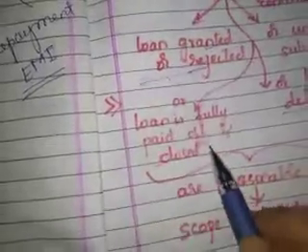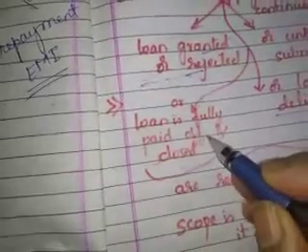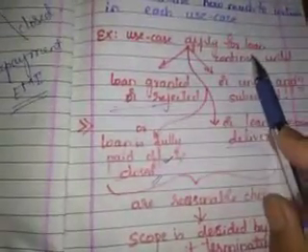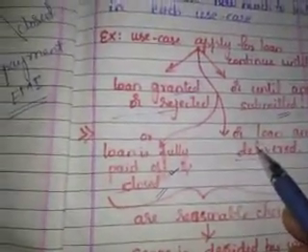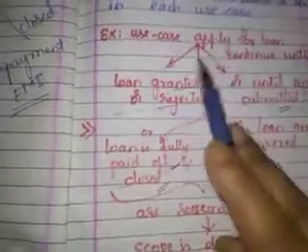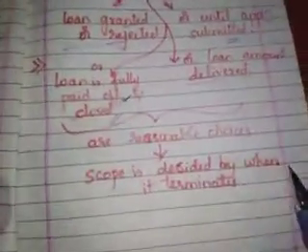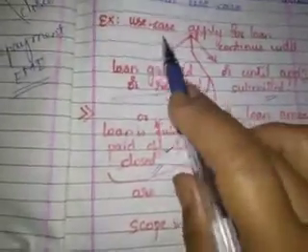Otherwise, if you extend your use case till the loan is fully paid off and closed, then there will be two final events: one is completing the payment of the amount and the next one is the closing of the account. So these are all reasonable choices, right? It is left to you. How will you decide the use case for applying for a loan? Do you include till this point or this point or this point? You have to decide how much is within one use case. What is the scope of this use case? What all things are you including? Depending upon what is included, the scope is described by when it terminates. When it terminates, all those things belong to the use case.